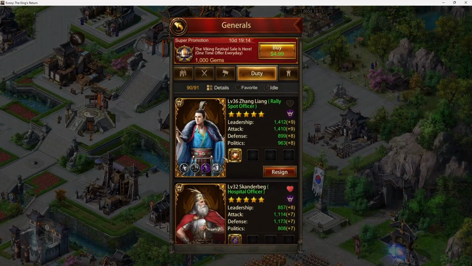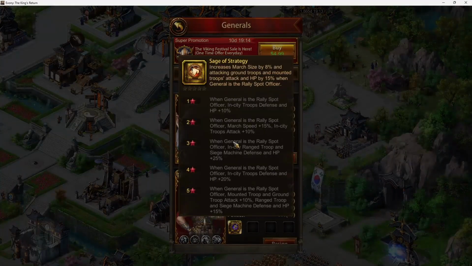Now, even guys, we have the duty generals as well that we put on our building that also give buffs to our attack marches, right? Right now, you can see over here increase marches by 8%, attacking ground troop and mounted troop attack and HP by 15% when the general is the rally support officer. And when you are fully 5 star, then even below as well, you can see mounted troop and ground troop attack plus 10%, range troop and siege machine defense and HP plus 15%. That would be added within the defense as well, and even for the attack as well on these last skills,